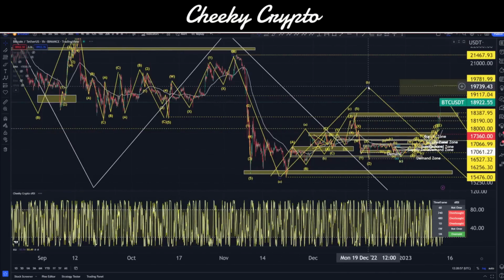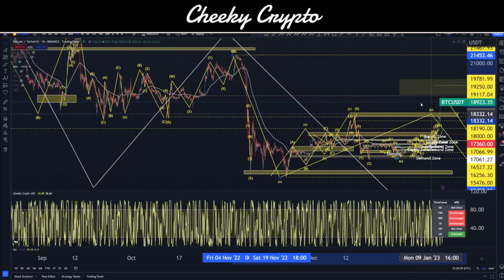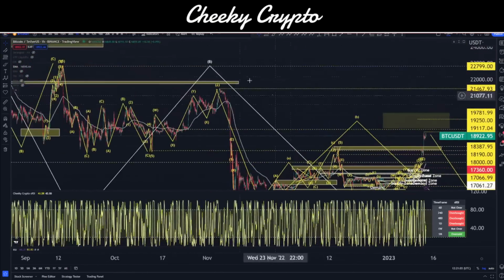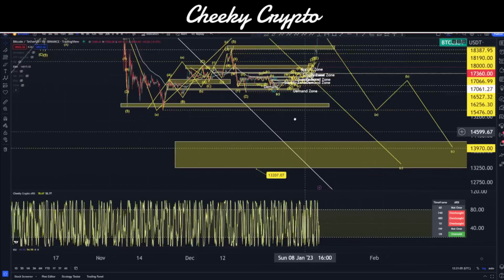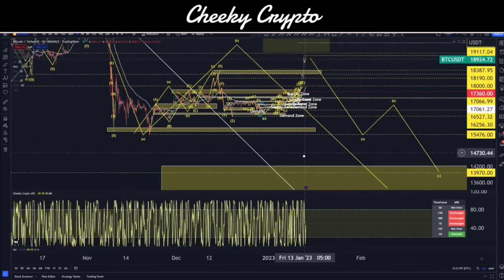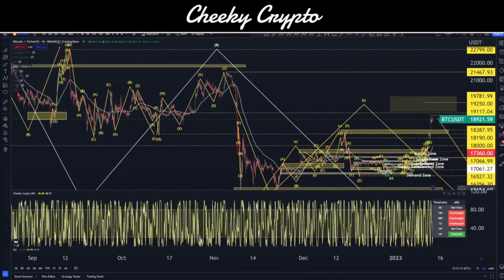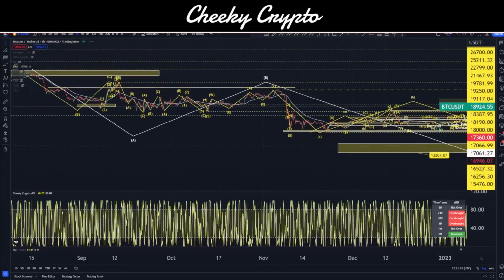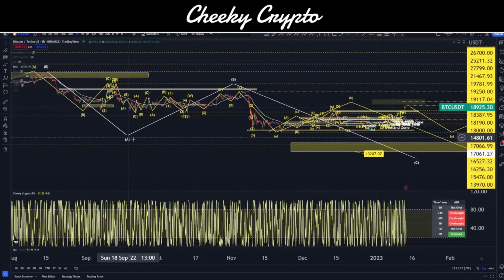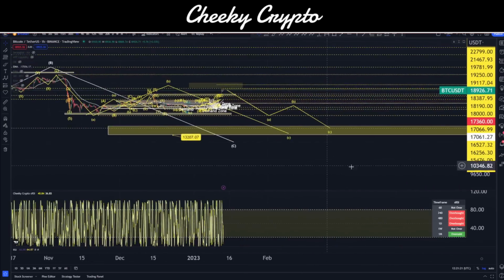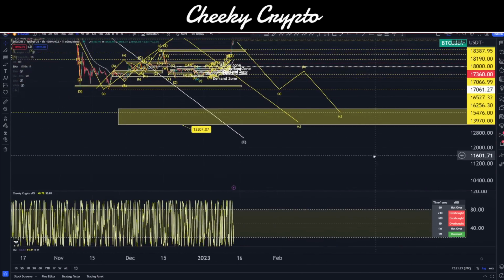All in all, I wrap all of this corrective structure up here in a B wave move, and that B wave move is inside another C wave move to the downside, projecting out on our $13,000 levels. Okay, so a C wave afterwards would be a 3-wave drop or potentially even a 5-wave drop. And for the most part, if I zoom out even further, you can see that this is a big A, B, and C structure taking us down there. Once we're at these bottoms of around $13,000, we'll have to see what happens next.